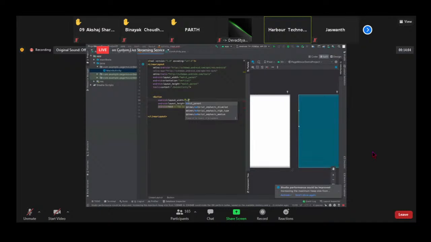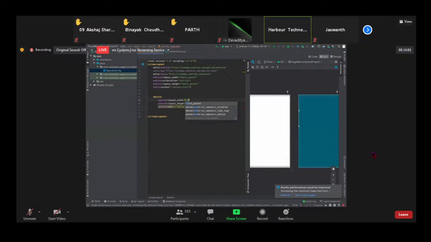Some kind of improvement which you need: obviously, without an ID, this button cannot be used, right? So you have to provide an ID. How will you provide the ID? Just type i, and after typing i, you will be able to see this android:id. Click on it, and again you are going to see this option, choose it. And then you only have to provide the ID name. In my case, I'm just going to provide button,